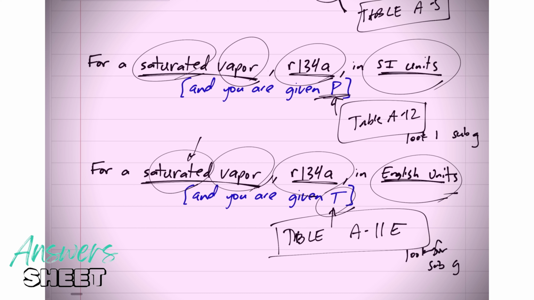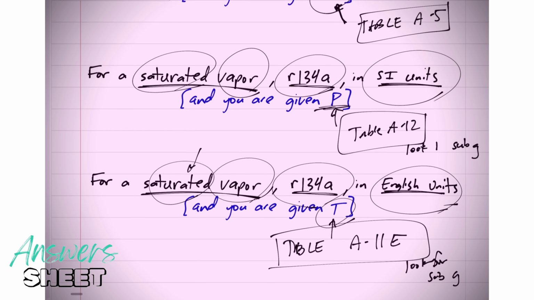All right, so you see the way that I do this, my process, is look at the units. Are we in kilojoules, kPa, meters? Are we in SI units? Or do you see some pounds, some BTUs, pound mass, feet, inches? So look for SI or English, then water or refrigerant, and then is it saturated or not? And then are we going to the saturated pressure table or the saturated temperature table? Okay, now let's do some problems.